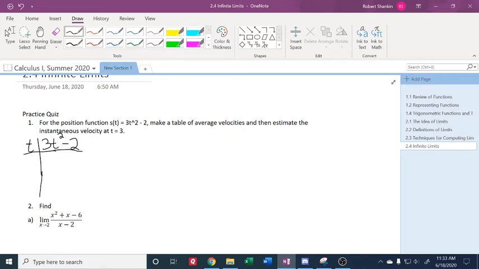Alright, so average velocities. Since we need it at 3, we're going to need the input at 3, and then we're going to need some stuff very close to 3: 3.01 maybe, and then 3.001. And then we'll look at these intervals. So if I put 3 in, I'm going to get 9 times 3, 27 minus 2, which is 25. If I put 3.01 in,